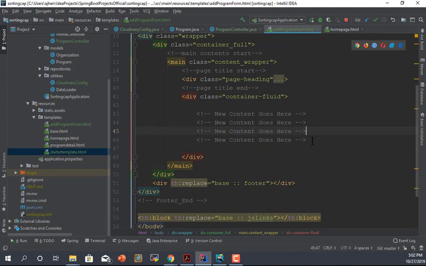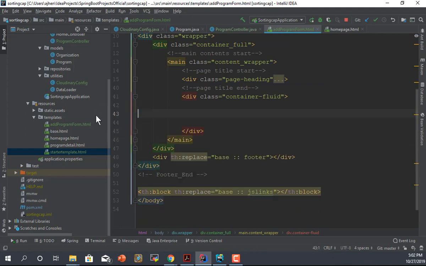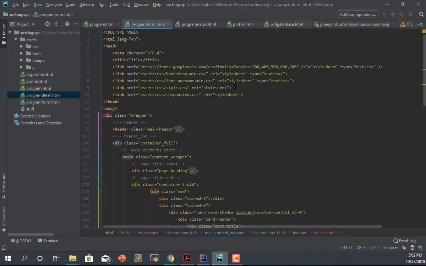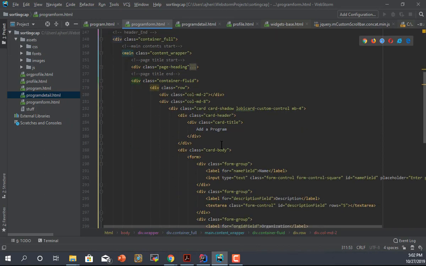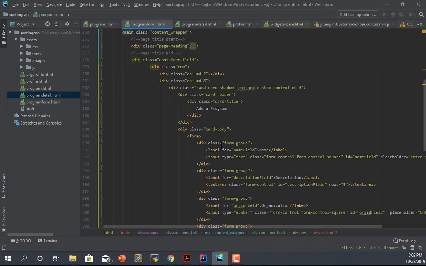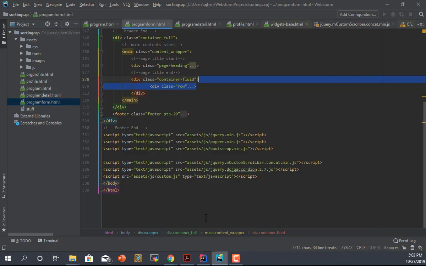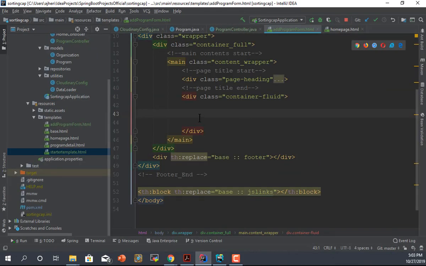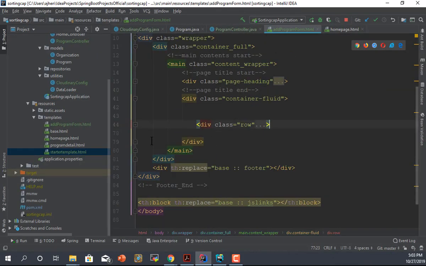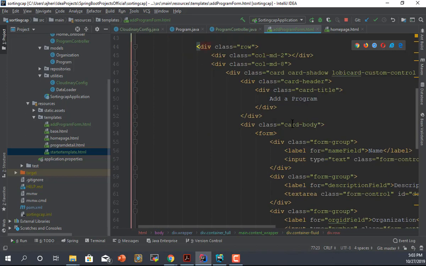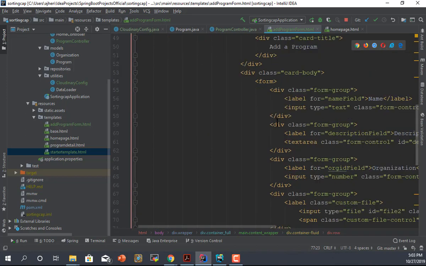All right, close that, and I can now put my new content here. And my new content is coming from what I did in HTML. So it's all inside this row class. I'm just going to copy that, go to my program, go here, paste it,